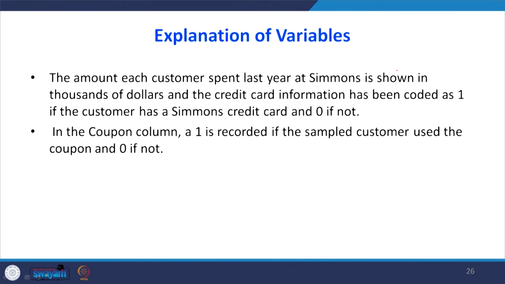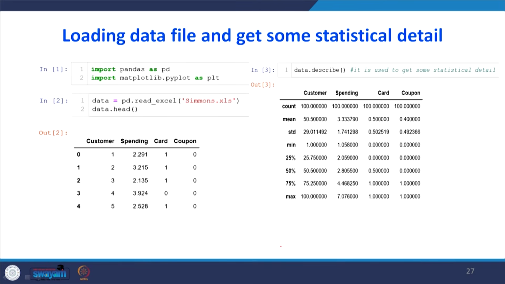The amount each customer spent last year at Simmons is shown in thousands of dollars, and the credit card information has been coded as 1 if the customer has the Simmons credit card, 0 if not. In the coupon column, 1 is recorded if the sampled customers used the coupon and 0 if not. So, we have